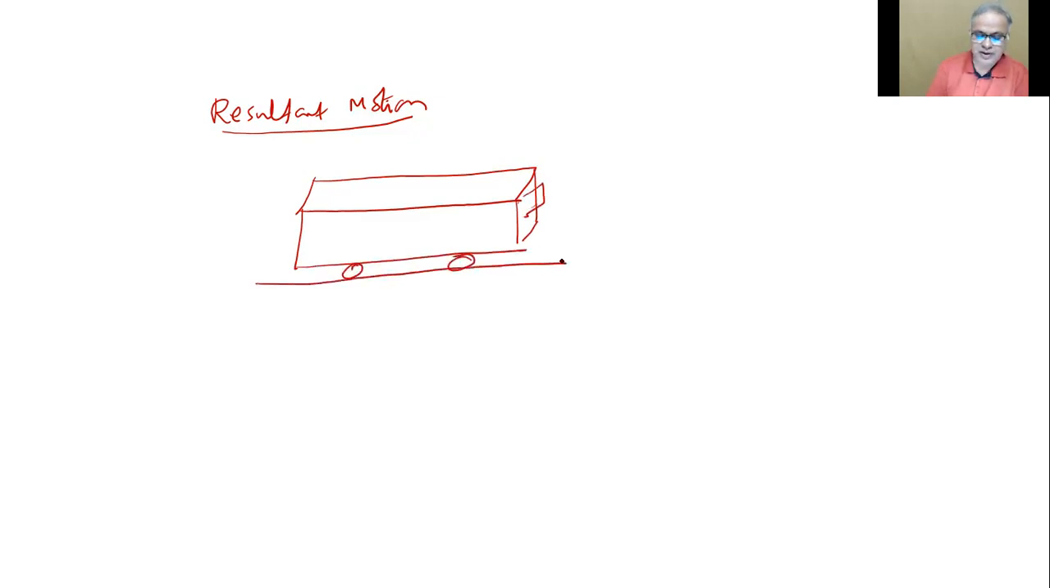Or the compartment of a train. It is easy to say this bus is going with 10 meters per second. There's a person running on it with 2 meters per second. So his net velocity is 8 meters per second. This way you can say. This is very easy to